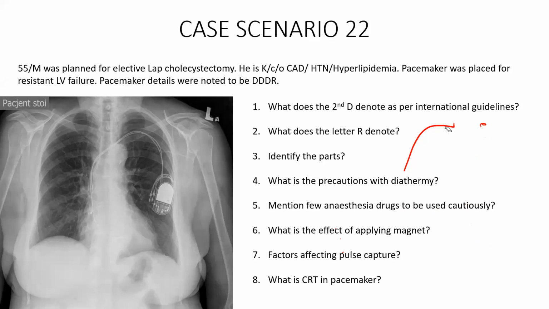So this is bipolar. Since it is starting and ending at the same point, it doesn't cross any part of the body. That is why bipolar cautery is very safe. What is the problem with the unipolar cautery? Where does the current start and where does the current end? It starts at our diathermy tip. Okay, where does it end? It ends at the patient's earth plate, which we have placed.